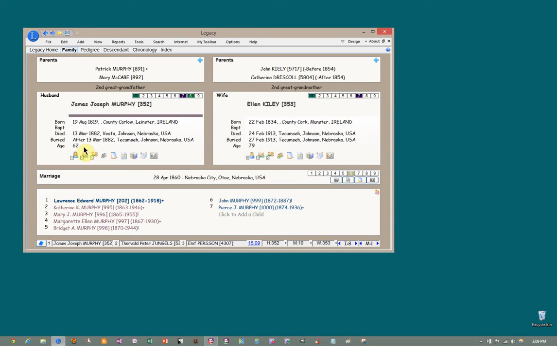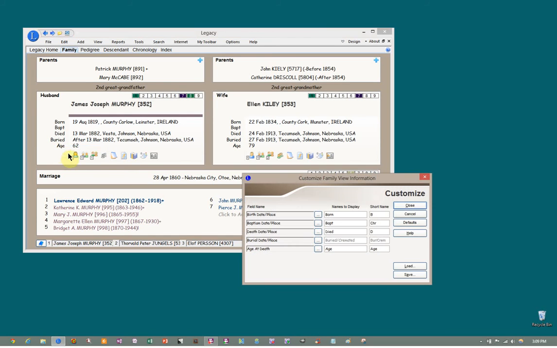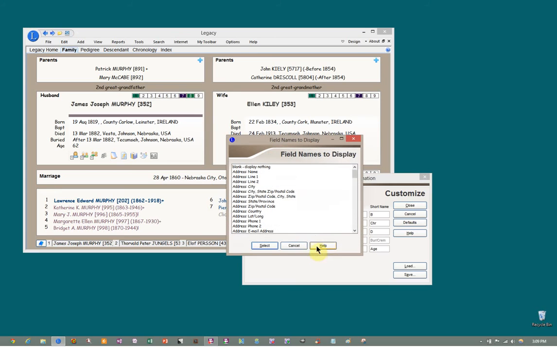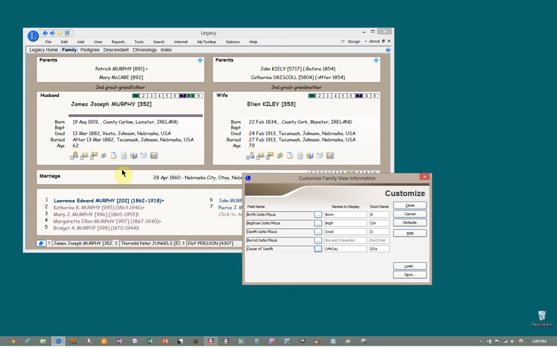And as you could see, if there is an age for this person, because you have their birth and death information, it changes this to their age at death. So you can change it out as often as you want. The other thing that you can do, and I'm just going to change this back to cause of death,